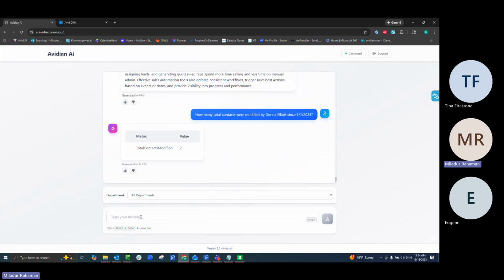Okay, so two, which is not 100% correct. That's actually since September 1st, 2025. So anything after that, it probably didn't count. So yeah, that is correct with the two. But I want to see if we can ask it